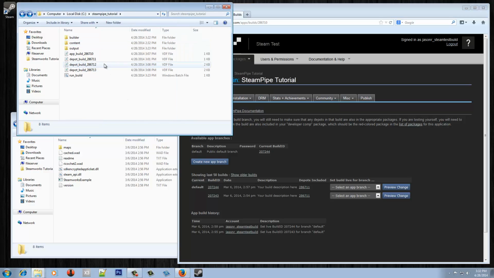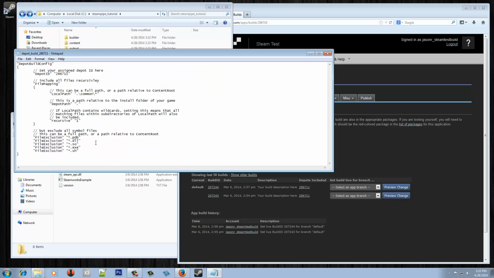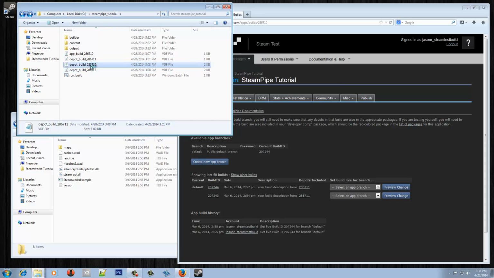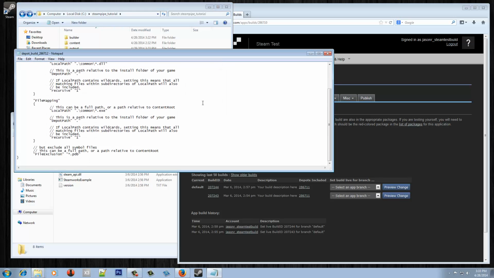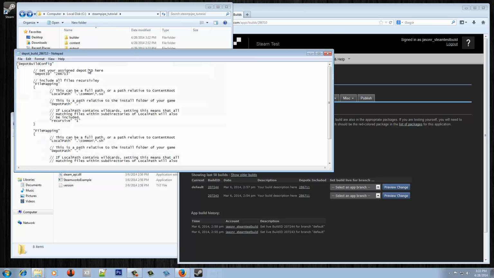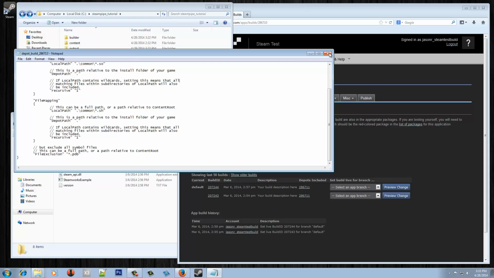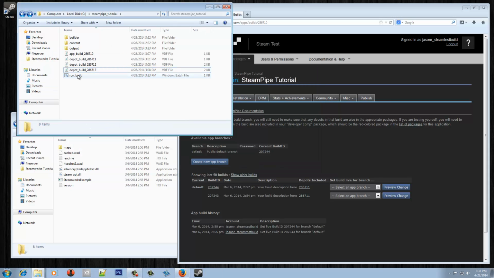To skip ahead a bit, I already created some of the new build scripts that I think I'll need, and I modified my existing script to strip out any Windows and Linux specific files that I've now included. So here's my common depot script, and then my Windows depot script just takes all DLLs and executables, and the Linux one is similar, any SO files and SH files. So if we run this build now,